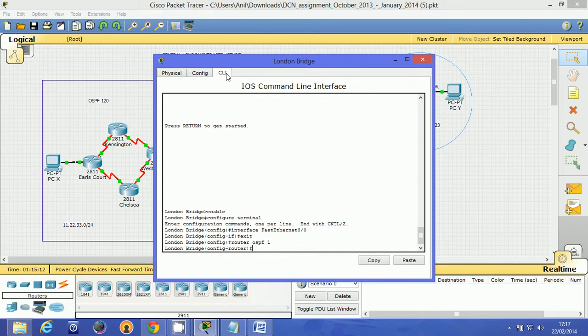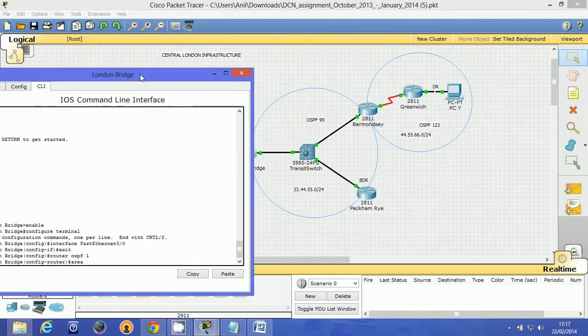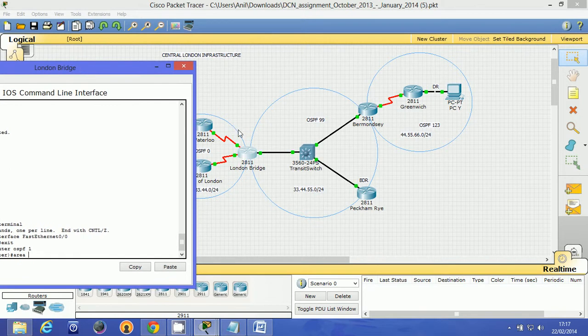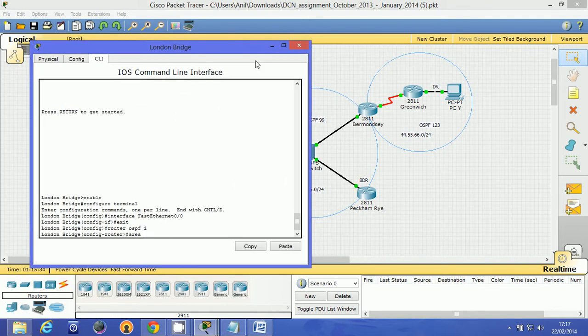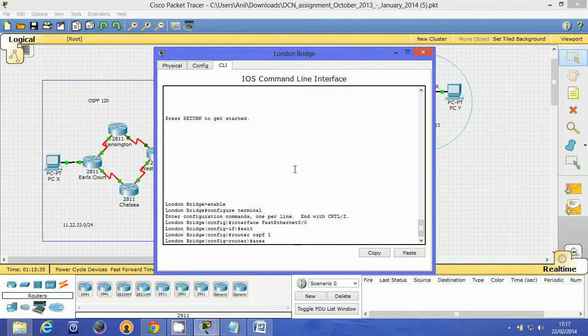Okay, and the command to create virtual link is area and the transit area number. The area which lies between the area 0 and this discontiguous area is transit area. In this case, ospf area 99 is transit area. That's why we type 99 and then virtual-link